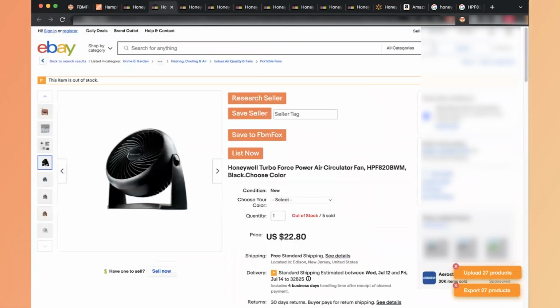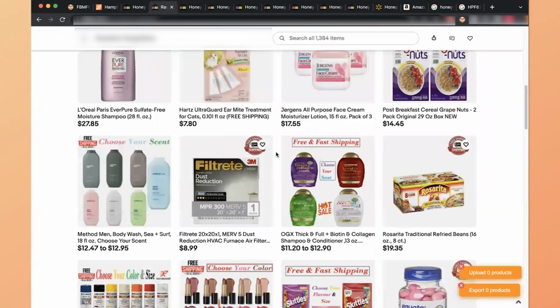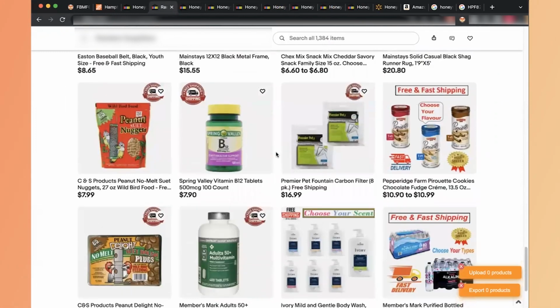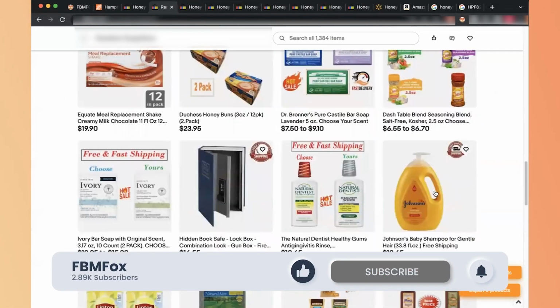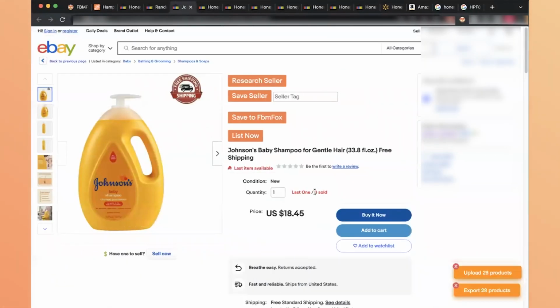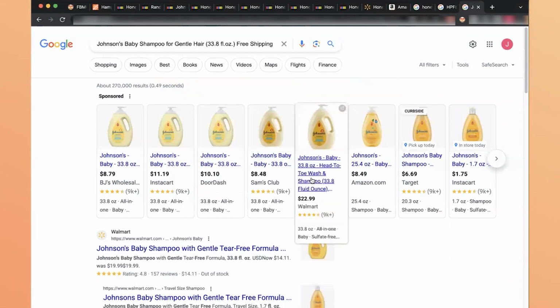the next one. I can look at this guy right here. This guy has a lot of ratings, so he likely has a lot of sales. I can look through, and let's say I just want to confirm whether this guy is a drop shipper or not. So I can just choose a random item, this Johnson's baby shampoo, view all details. I can see he sold 3 of these and he has 1 left. So if I click this, copy it, open it into a new tab, I can see right here, Amazon is